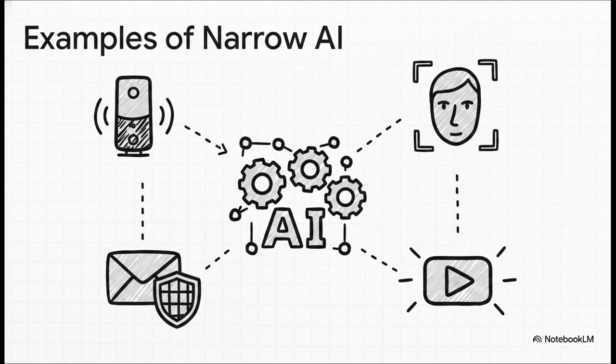Voice assistants like Siri or Alexa, they can answer your questions and set your alarms, but they can't truly think. Facial recognition keeps your phone secure. An AI spam filter works by studying literally millions of emails, learning the common patterns of junk mail, and predicting which incoming messages are suspicious. So it's effectively acting as a bouncer for your inbox. And your entertainment apps, they are constantly, relentlessly analyzing your viewing habits to predict exactly what you'll want to binge next. These are perfect real-world examples of how tools performing one specific job can do it remarkably well.